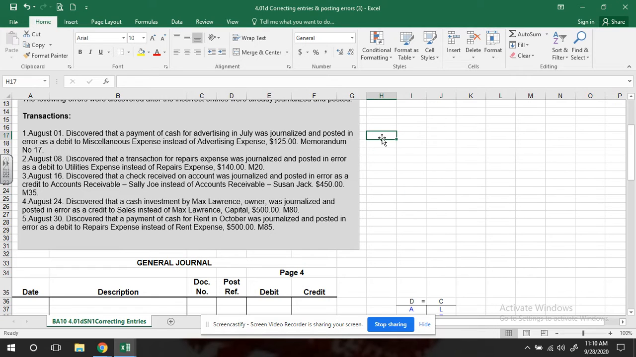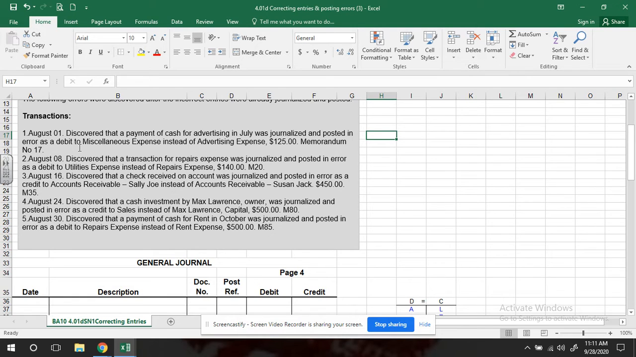So I'm going to make my notes here because these are essentially the word problems. And if you always hated word problems in math, sorry, but that's what we're doing. But these are real life situations. So to me, that makes a big, big difference. I'm not having to figure out if two trains leave the station, who's going to hit which one first or whatever. So August 1st says, discovered that a payment of cash for advertising was journalized and posted as miscellaneous instead